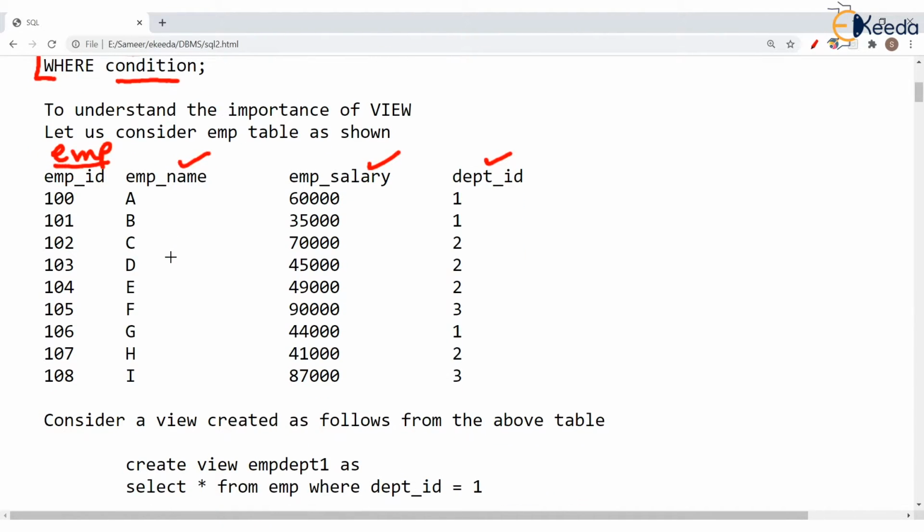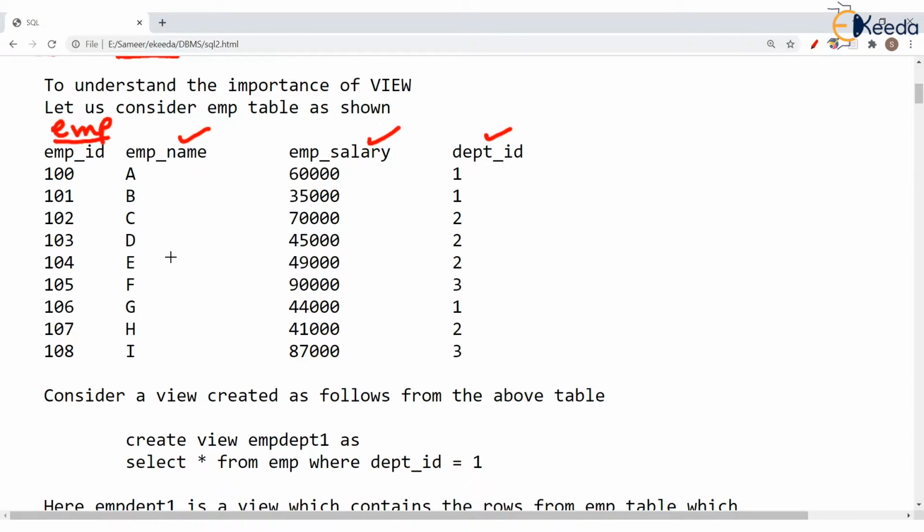So check this command, create view, and the view name given is EMPDEPT1. Some name I have given. AS, check this word, is a reserved word or special word. Select star from EMP where department ID equal to 1.